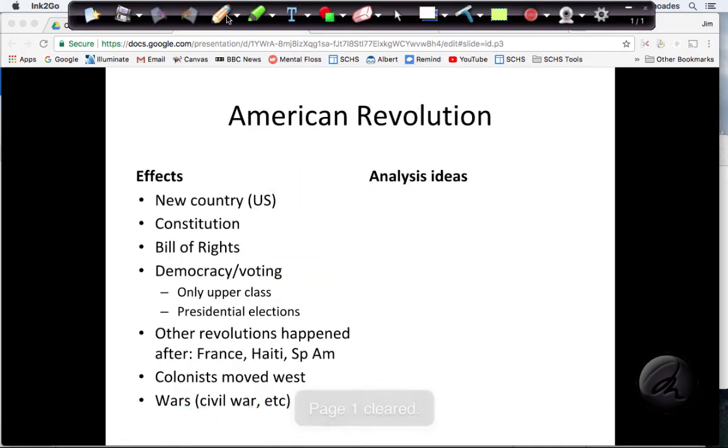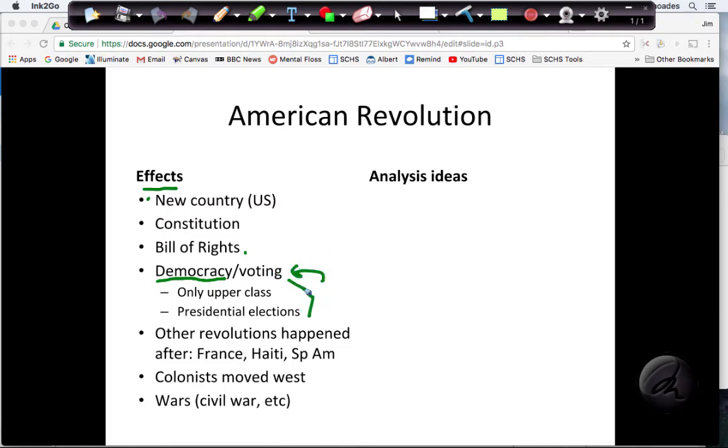So now we're in my second body paragraph, and now we're talking about the effects of the revolution. So this is some information I came up with in my brainstorm. I knew that they formed a new country. Things like the Constitution and the Bill of Rights, I knew were features of that. And to me, those could be evidence of the fact that they had democracy. This is some information about who did the voting.